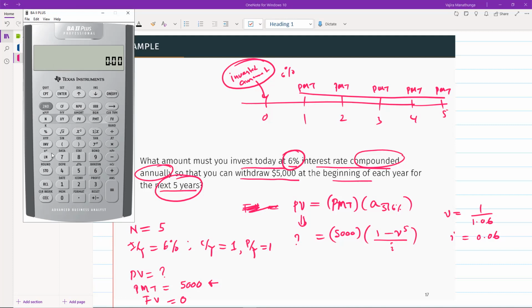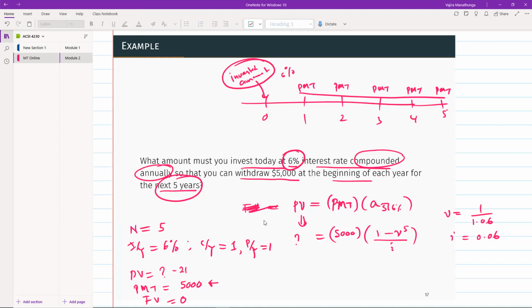Okay, so now let's enter 5 for N, 6 for I/Y, then second, this one is payment per year is 1, compounding per year 1. So second quit. Then you click the payment 5,000. Since you are withdrawing, it's positive. And the future value of the account is going to be at the end of it 0. And you are solving for present value. So compute present value. And you will get the present value as negative